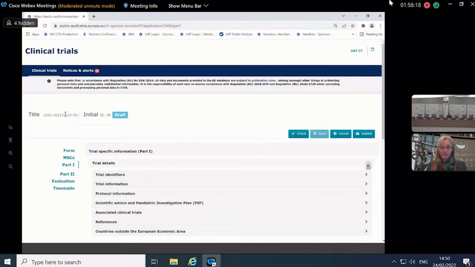This is the EU number, as you can see here at the top left. And then you see here all the areas that I need to complete before the submission of the application. Well, not all of them. There is evaluation, which obviously is more for member states.